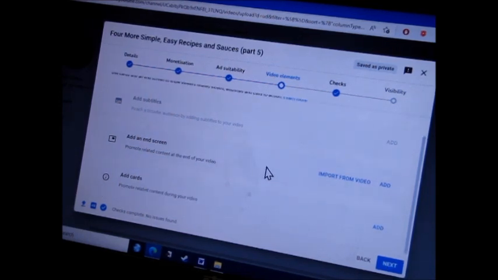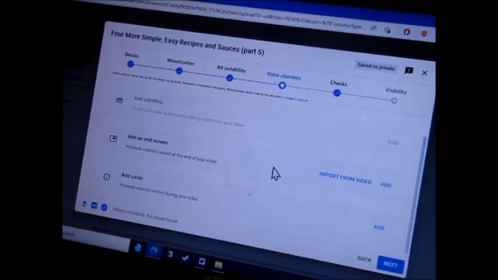end screen. Now my reason for this is some people have got it, but a lot of people click it and they put an end screen on, and it covers over words or pictures that they're putting on screen at the end of their film. That's so annoying. They have details and information or something else they're showing you in your film. So if you do choose to use this, which I don't, then please make sure when you edit your film you have space at the end where this end screen will come.